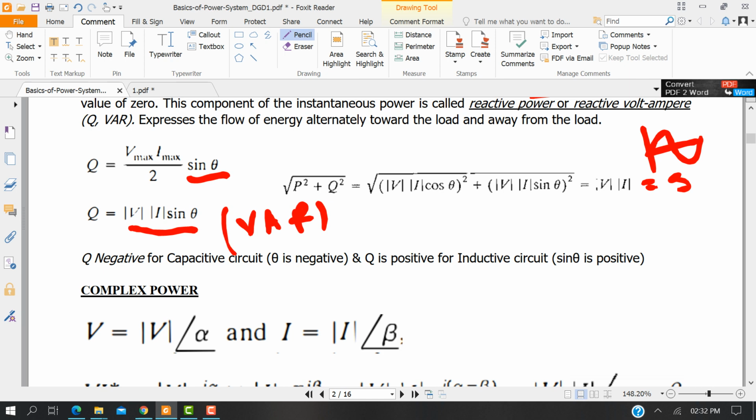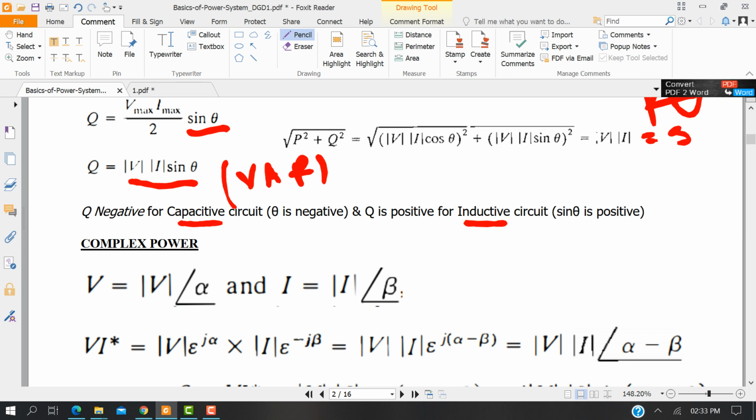Sine theta, the value of sine theta is related to the sine of theta. So the overall sign of Q actually depends on the circuit nature. It's positive for inductive and negative for capacitive. Now let us see the expression and make the difference between the three different powers, that is